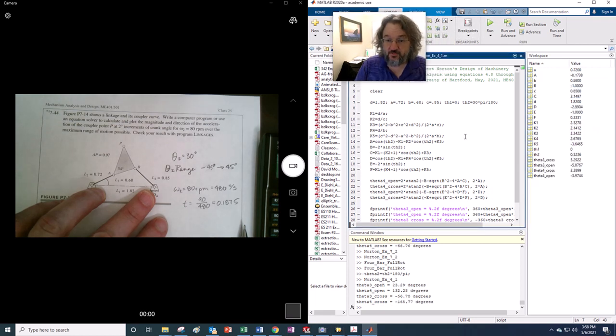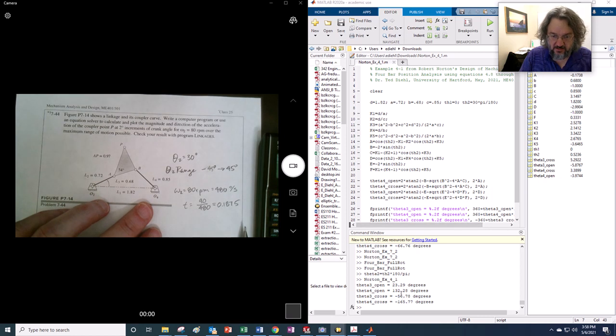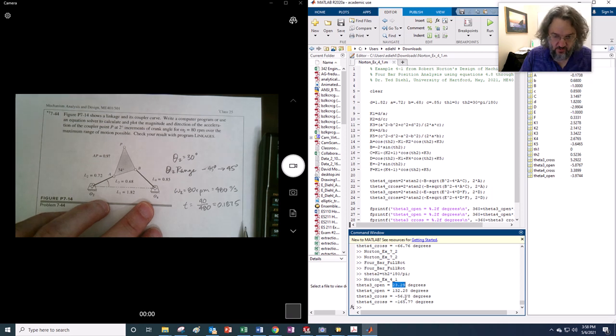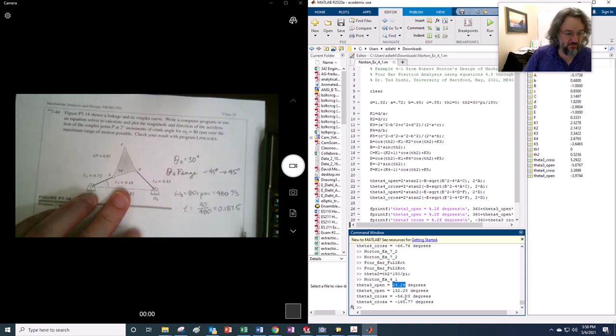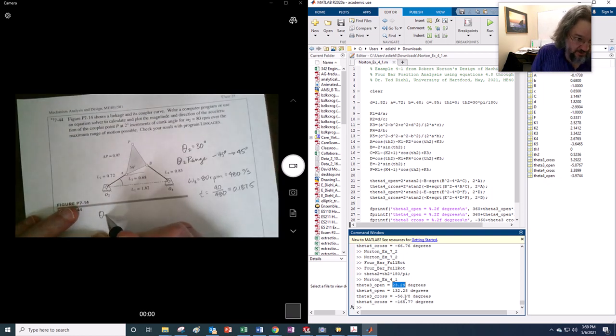So I'm going to go here, and what I decide is that we have the open and the cross, and the open looks like it's pretty good. That's 23. So I would agree. Okay, so that looks pretty good right there. So I'm going to go theta 3 open. Theta 3 is 23.29, and